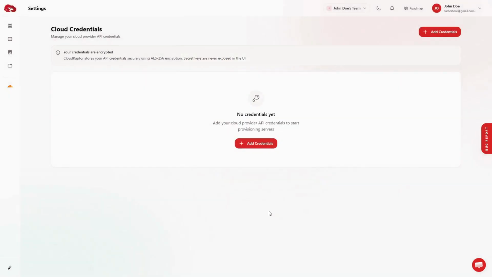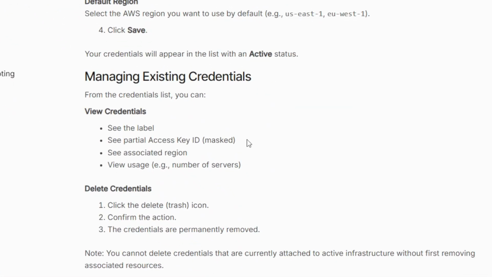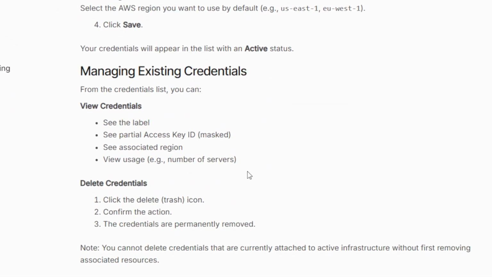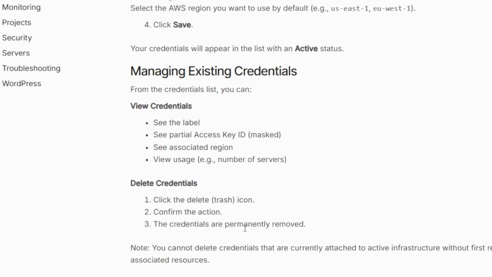From here, you can manage your credentials. You can view the label, a masked version of the access key, the selected region, and usage like how many servers are connected. If needed, you can delete credentials using the trash icon, but only if they are not linked